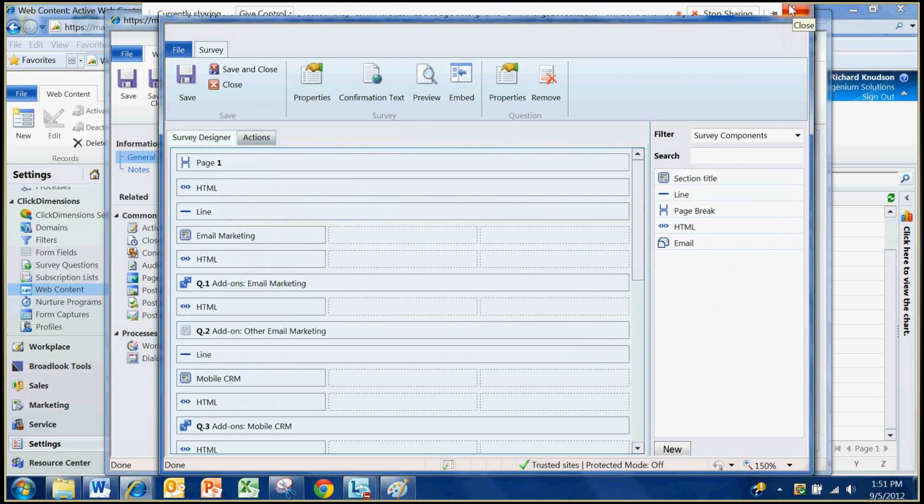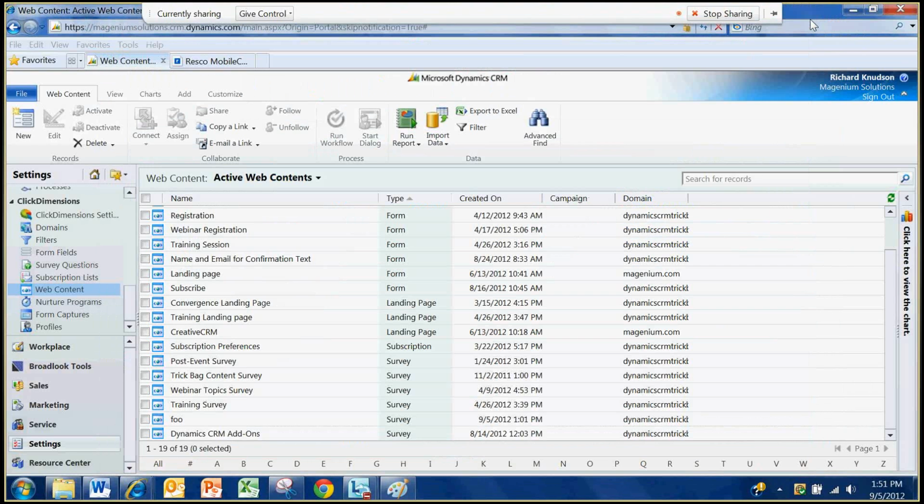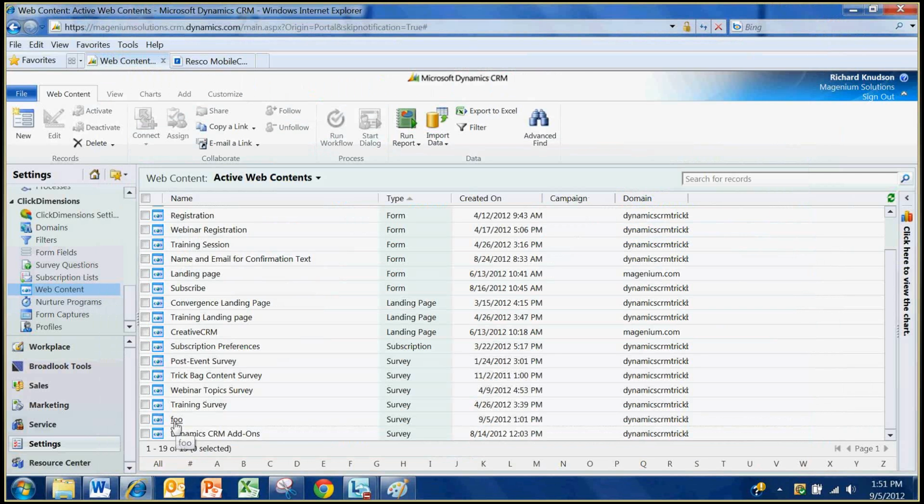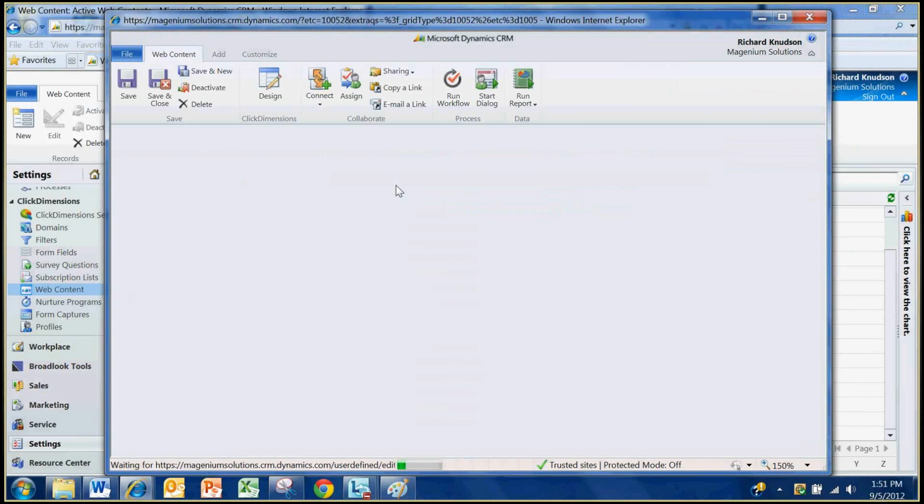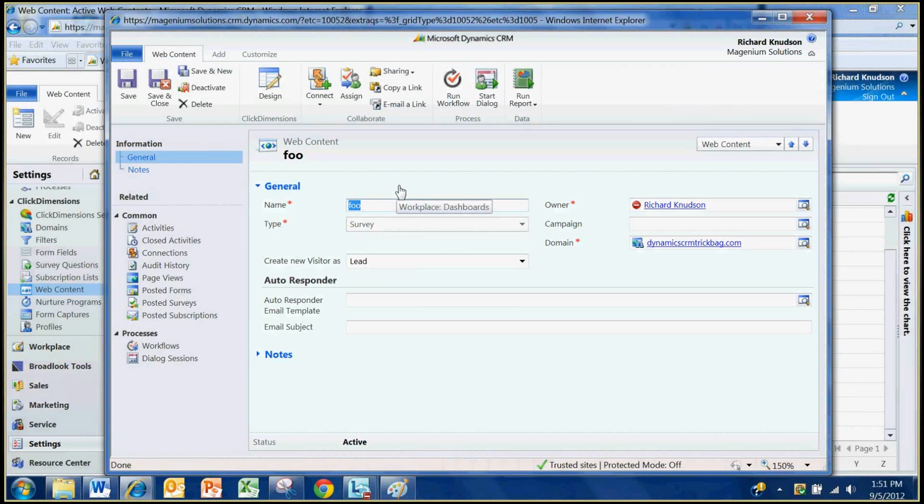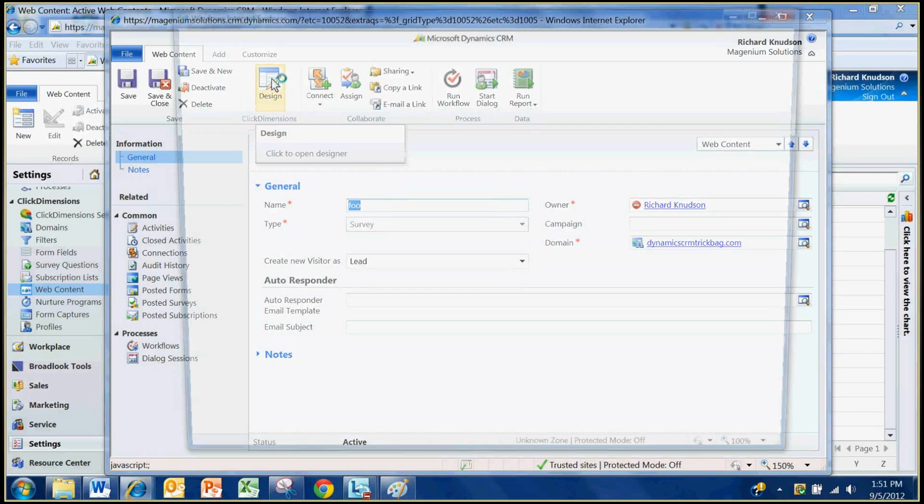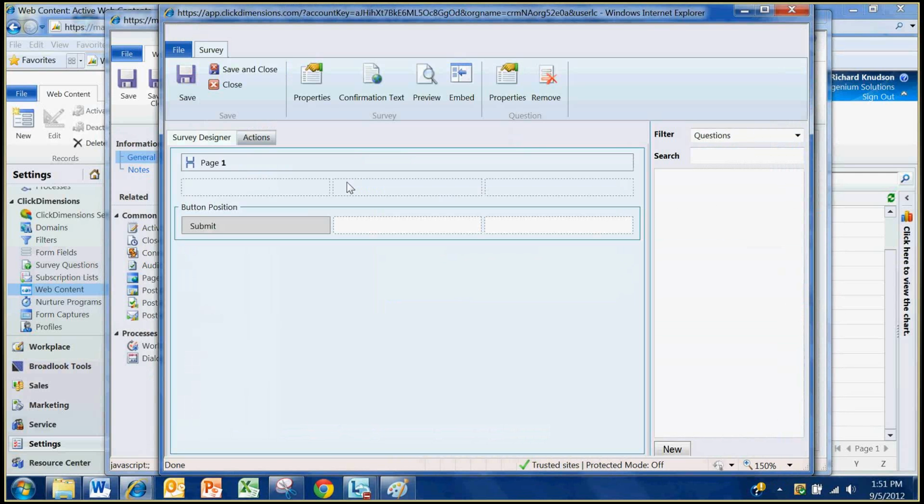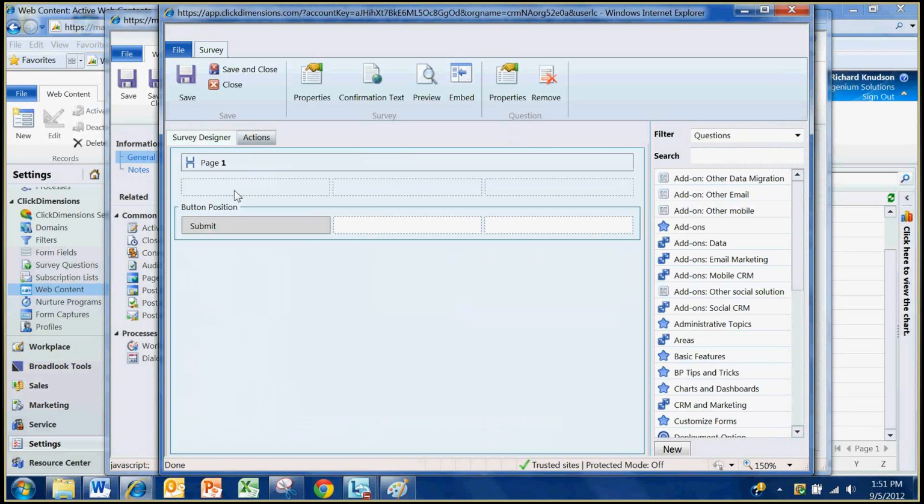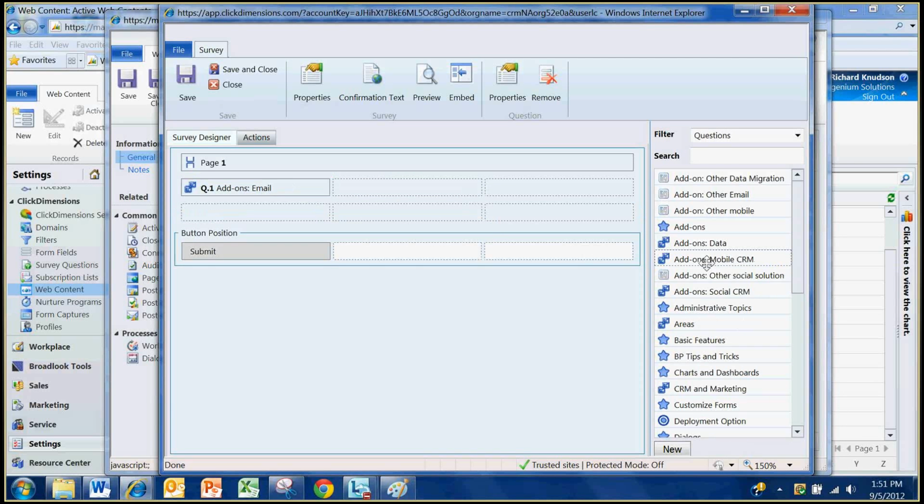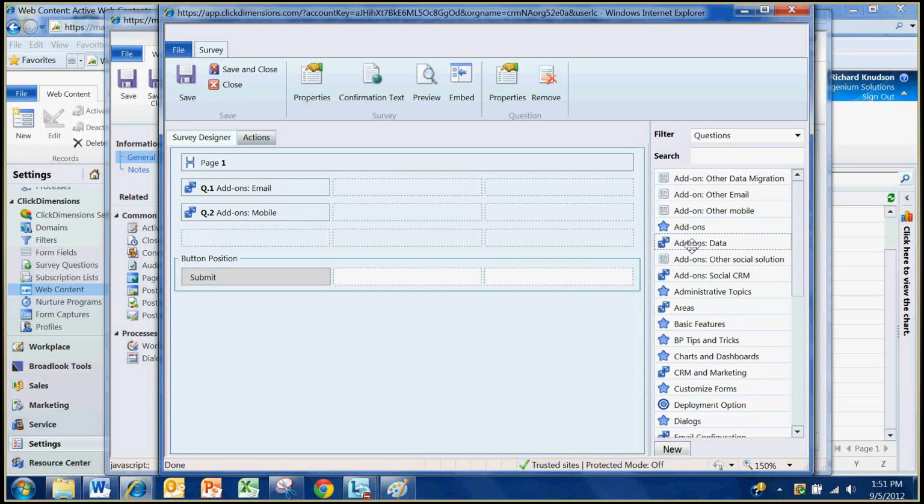Let me go to a rather empty survey, this foo. It's kind of a throwaway survey that I can just use for showing you how this works. So I open this survey, go to design, and if all I wanted to do was just pop a bunch of questions on a survey, I could certainly just drag and drop using the question filter like we saw before. So for example, let's do email marketing, drag that out there. Mobile CRM, data migration,